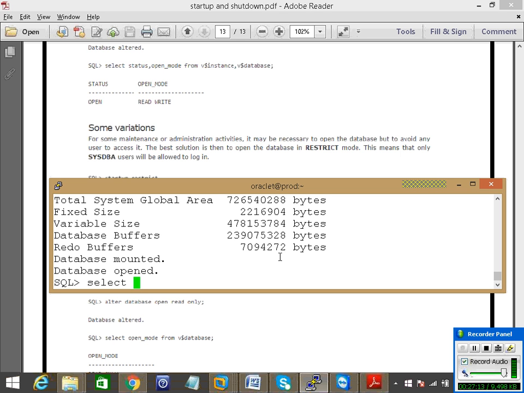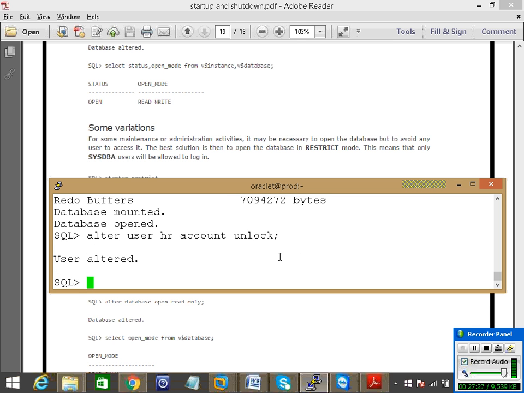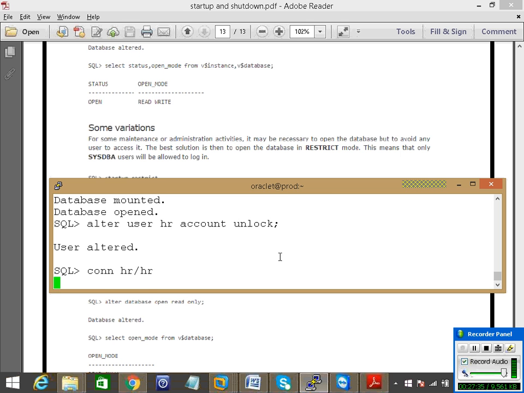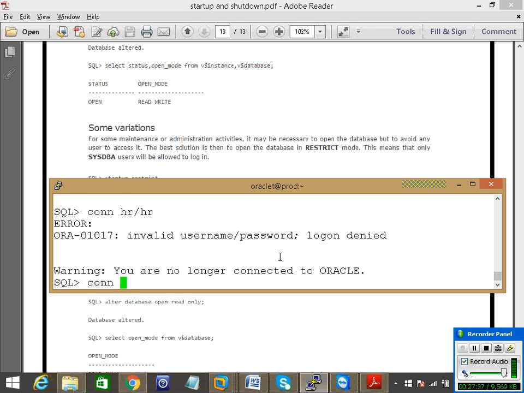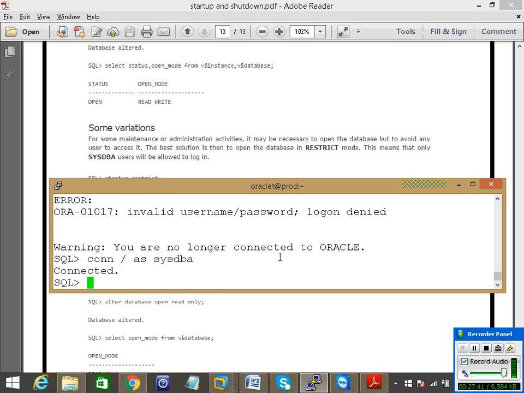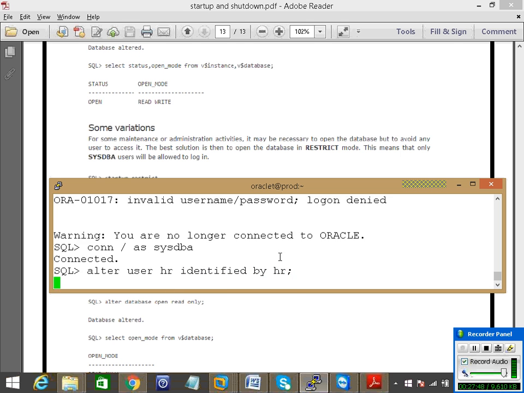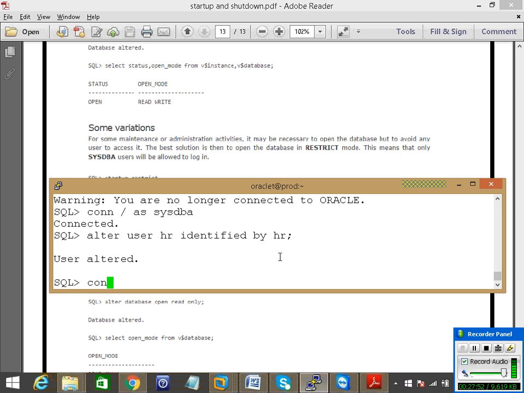So we have started the database in restricted mode. Okay, now I will create the user HR account. Okay, it's happening. Now create user HR identified by HR and select